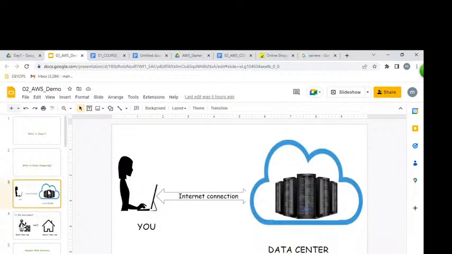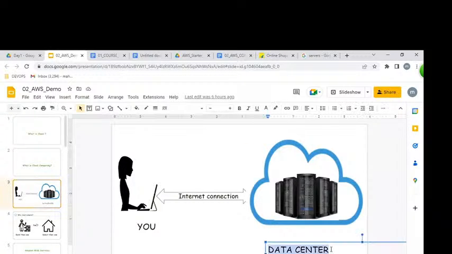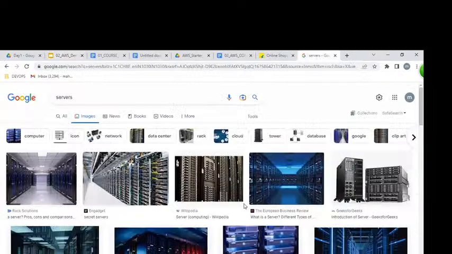Cloud computing, we understood very clearly. First, let us understand what is a data center. Simple way: the huge computing power, kept rack-wise in a big room, we call a data center. Just like your building, your institute, your home, your apartment, these data centers exist physically. We can see them with our eyes.